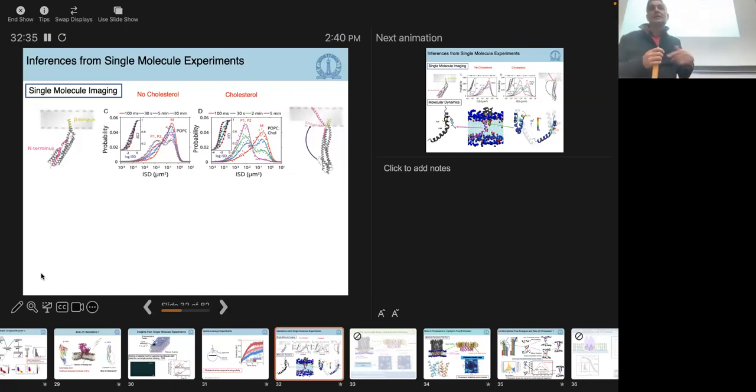Now you can ask, are you tracking a single molecule or two molecules? Firstly, you're using low copy numbers, and you also do photobleaching experiments. If you photobleach, then if you have an oligomer, you'll have as many steps as in the oligomeric complex. They've done a lot of that work for the kinetics. So if you have 2 or 3 mers in a complex and you photobleach, you'll have 3 steps.